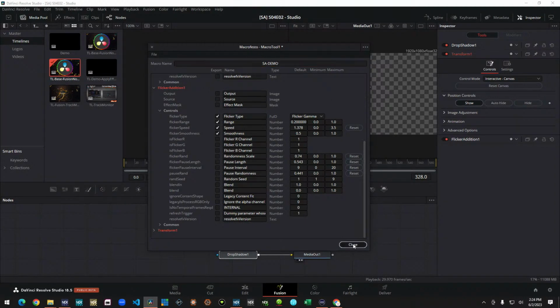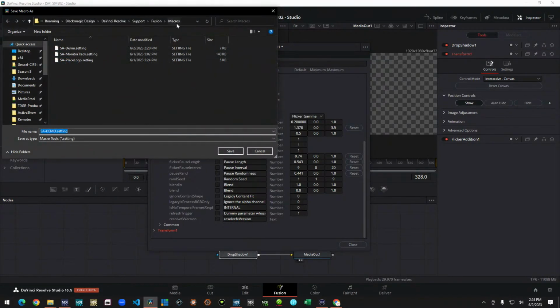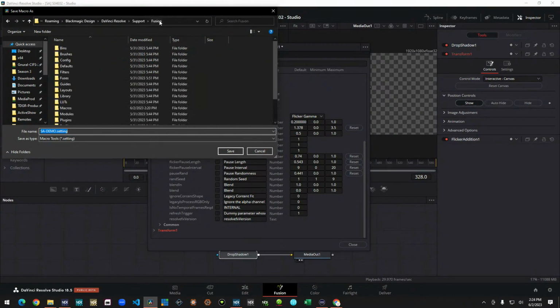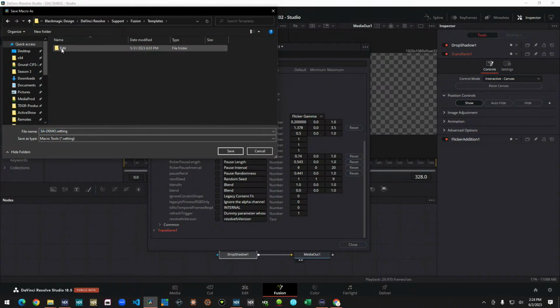But when I save this, as opposed to saying I want to save it in the Fusion macros folder, there is a place in Fusion called the templates. So if I just click up here on Fusion, scroll down to templates, I wanted to use this in my edit section. So I go to edit and I save it as an effect. Now you can create your own directory here. So I just created a folder called Alchemy. And here is where I can place this. So if I save this here now,